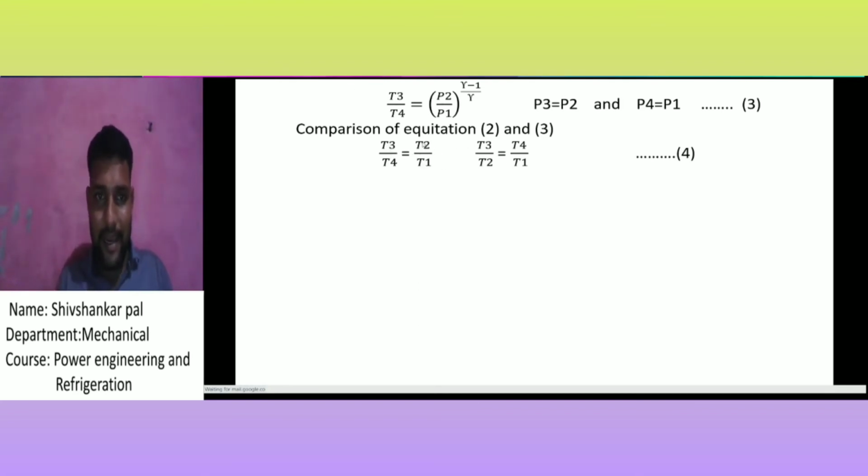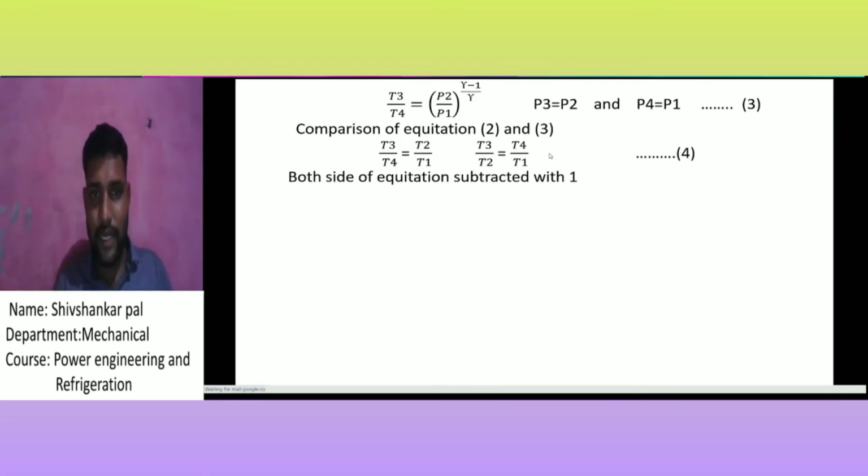And here T2 replaces the position. T4 goes here: what was divided goes there to multiply, and what was multiplied comes here to divide. Subtract 1 from both sides of the equation. Suppose that is our equation. In this equation, we divide both sides by minus 1, giving T3 by T1 minus 1. When we solve this equation, minus 1 goes to this side as plus 1, and plus 1 minus 1 cancel each other. That means this equation is neutral.